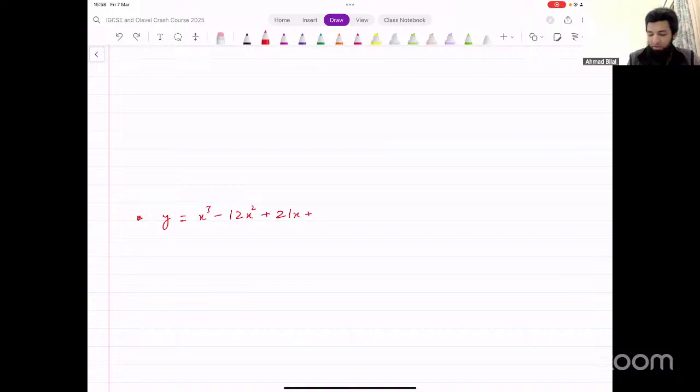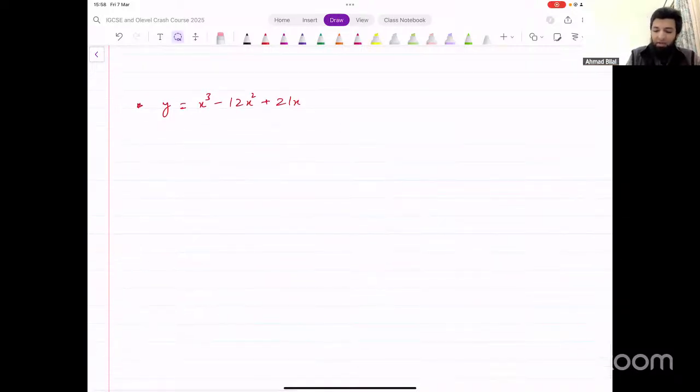We have these three terms. This is the function that we have. And what we want to do is we want to find the stationary points of this function